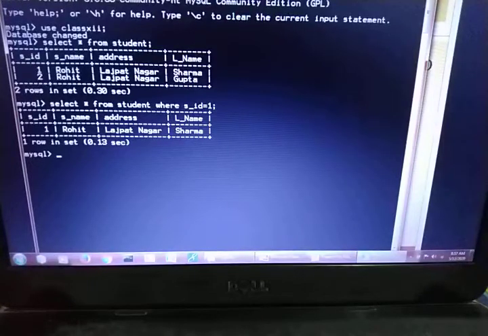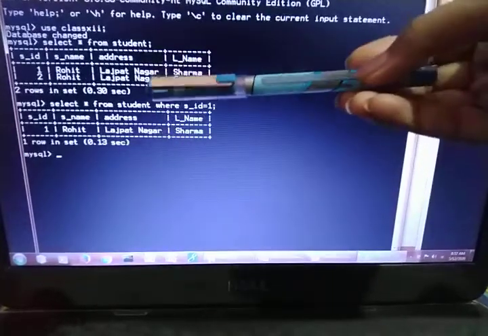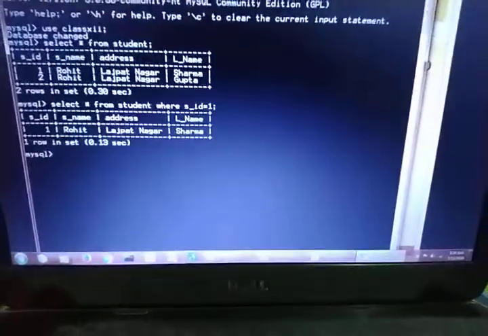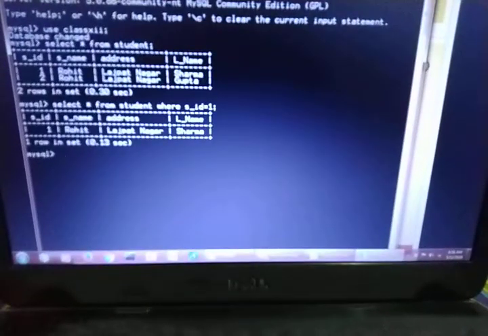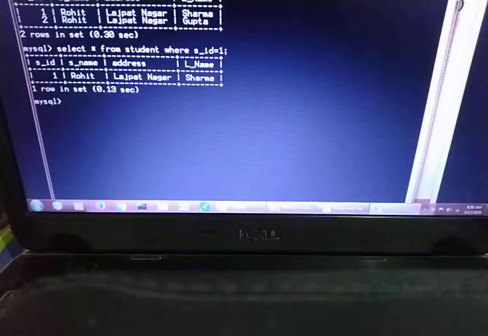Next clause which we have covered in the video, that is the from clause. After writing the from clause, we have to write the name of the table or the views. So if you see this example, we have already covered the from clause because we cannot select any data from the table without using the from. Fine. And the third clause which was over there, that is the like clause.